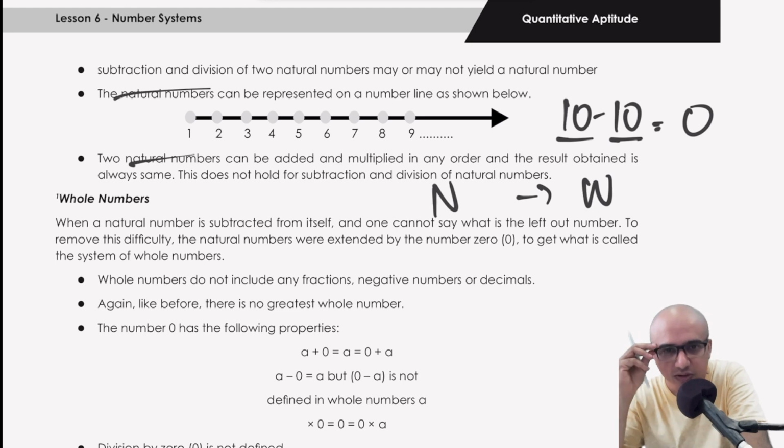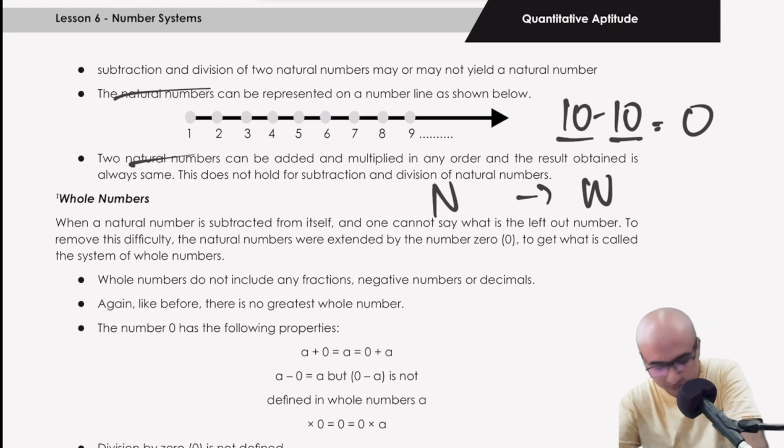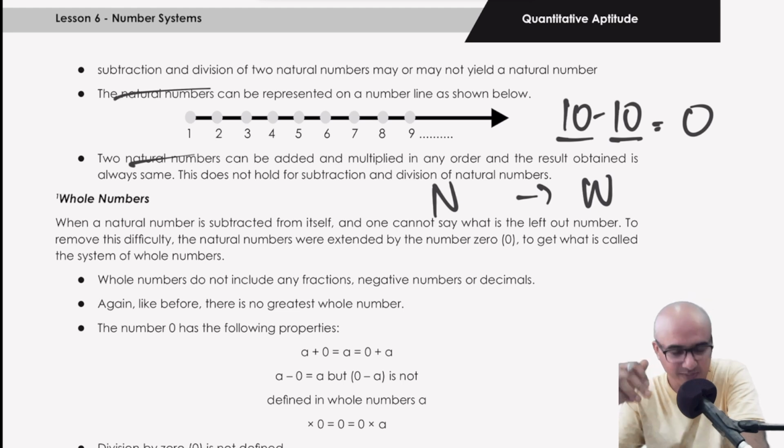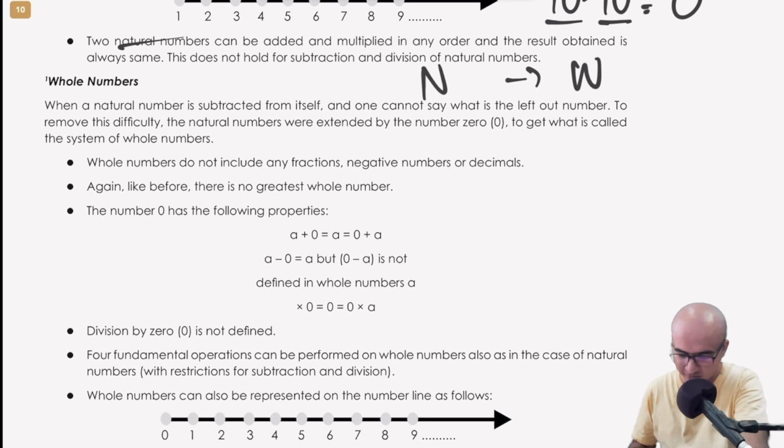And one more thing, whatever applies to natural numbers will apply to whole numbers as well. For example, we cannot include fractions, there cannot be negative numbers, there cannot be decimals. All these rules which are applicable there will also be applicable here. Again, one more thing which we saw there was, there is no such thing as greatest natural number. Same thing applies here too. There is no such thing as greatest whole number. Any whole number you can think of, add 1 to it and you will get the next greatest whole number. So once again, for what do we use whole numbers? Same thing as we use natural numbers: counting, measuring and various mathematical operations. So that is the thing with respect to natural numbers.